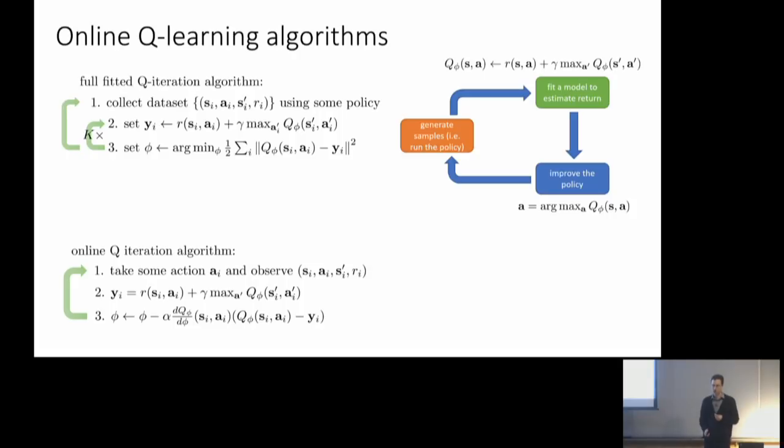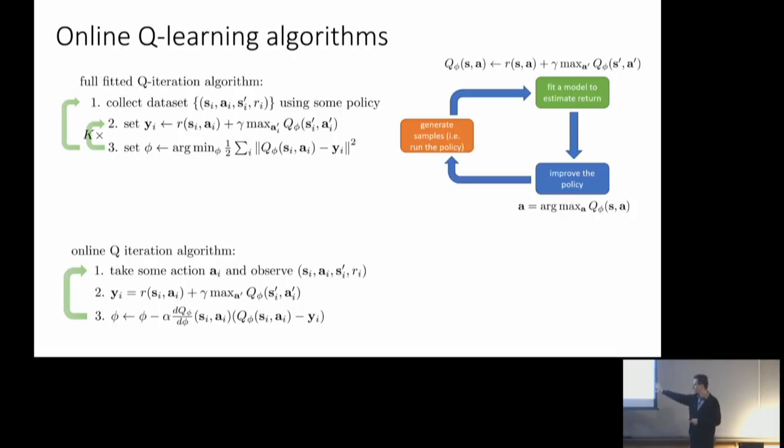And once you have the target value, then you can compute the gradient of the Bellman error, the gradient between your Q value at that state and the target value you just computed. You compute that gradient with respect to the parameters of your Q function, phi, and then take a step in the direction of that gradient. So here, we chose to collect n equals 1 transition, take s equals 1 gradient steps, and go through this loop k equals 1 times. So everything is 1, and that gives us a fully online algorithm.